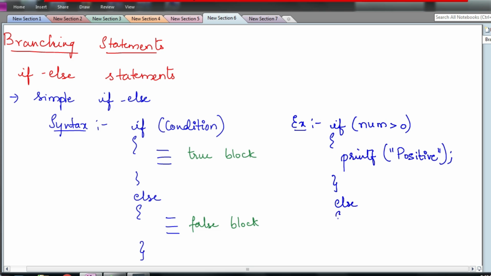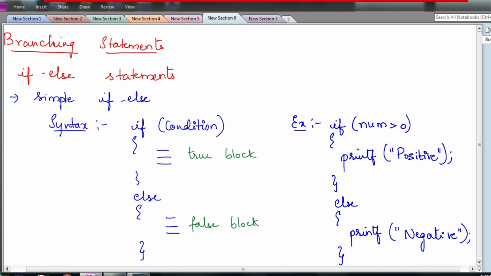Else, printf negative. So we are going to check whether the number is greater than 0 or not. Here there is a possibility that if it is equal to 0 also, it is going to print negative. We will write a more refined program later.